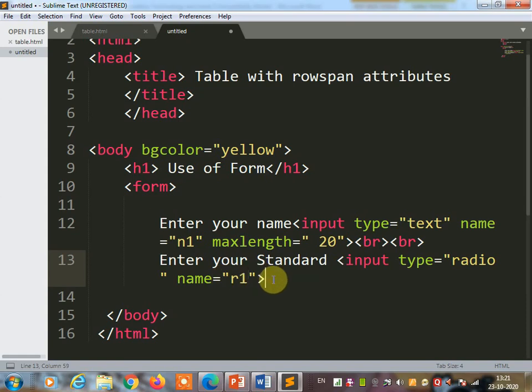And for what are you creating this radio button: standard 11, standard 12. So you can write here standard 11. And then you can create one more for standard 12.